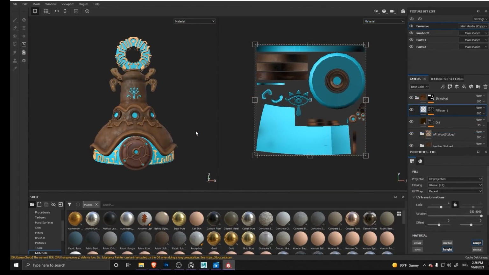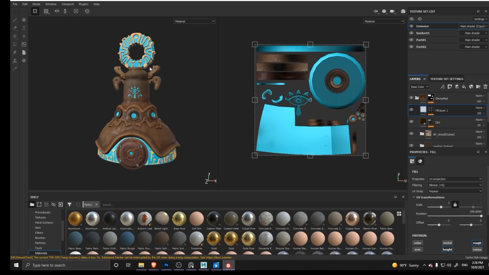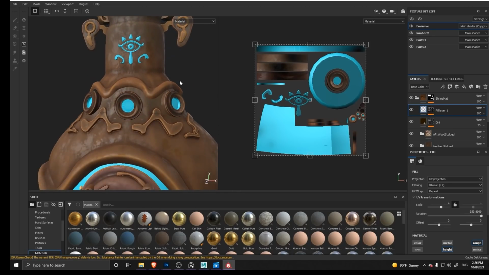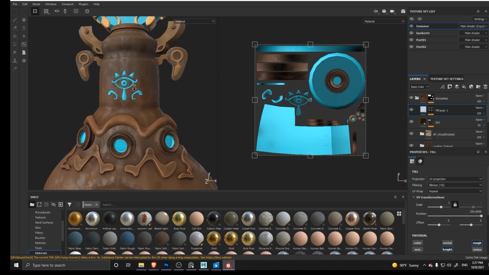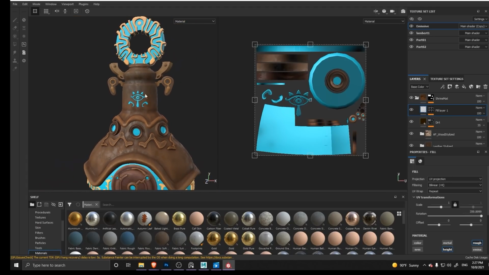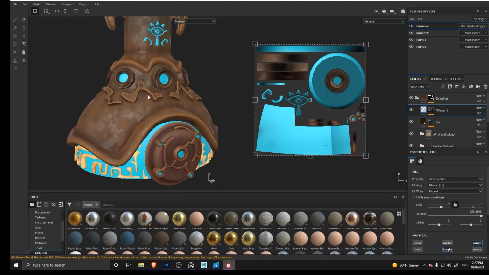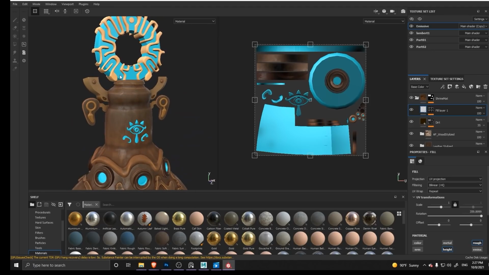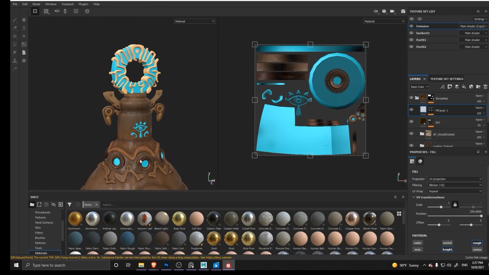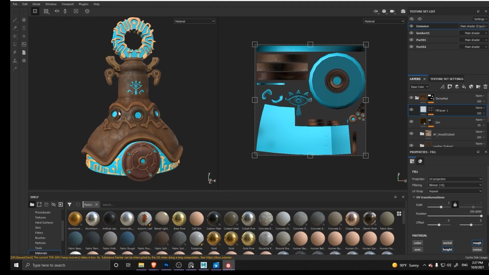For my shrine, since it wasn't any material in particular, I just allowed myself to have fun and play around with the textures. One thing that I want to point out really quick, this was not my final texture. It seems like my latest file for this got corrupted somehow, so you might notice that the eye in the center is still all blue. Overall, the material that I used on the shrine itself did not change much. It was just some of the details on those areas and on the eyes, so I do apologize for that.